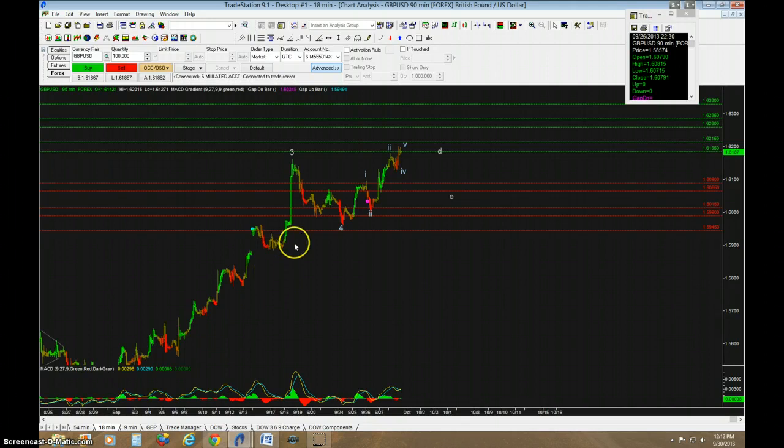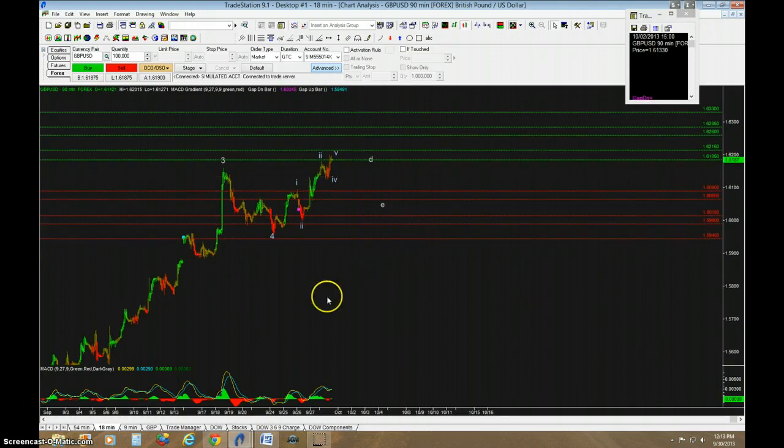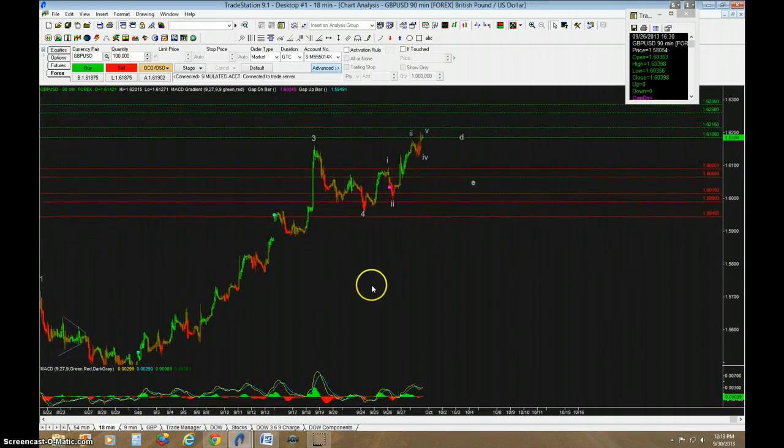And the reason why I always thought it was a zigzag, obviously the first leg of a triangle is going to be a zigzag. So that's why I thought it might be developing into a triangle. But since then, it's pushed up, and it's pushed up in a way that looks like an impulse. And I've labeled it 1, 1, 2, 3, 4, 5, that's 1, correction. Then 1, 2, 3, 4, 5, that's 3, correction. And maybe that wave is over, maybe it's not.